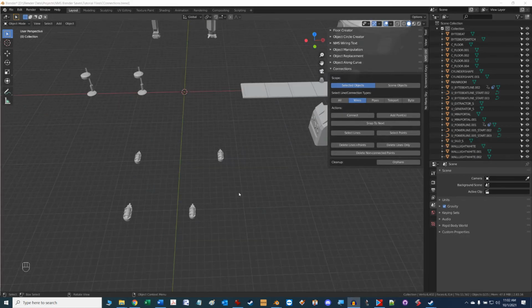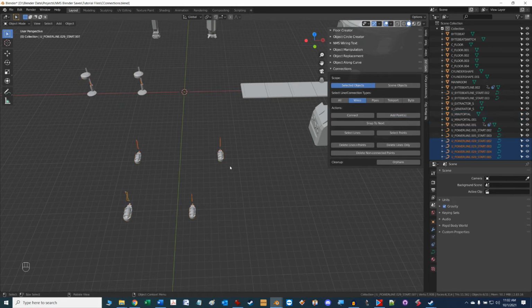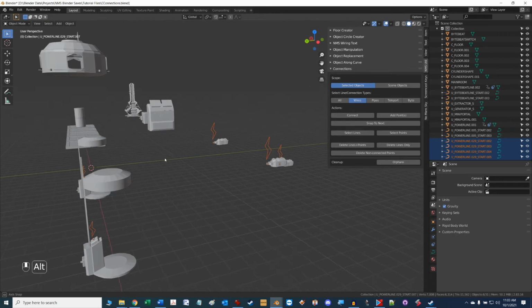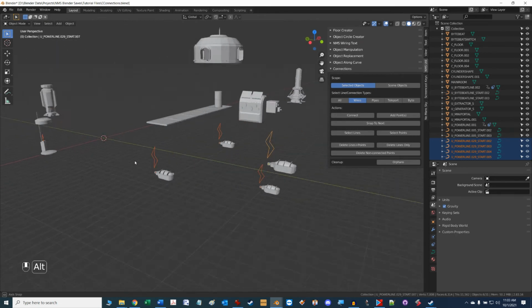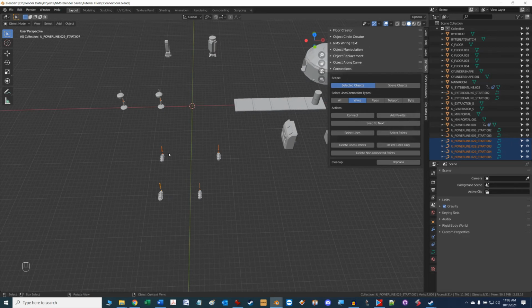We can also highlight one or more objects and add connector points only using the Add Points button. Make sure you have selected the right kind of connector for the object in question before adding the points, as this will influence the wire type when you connect them later. Notice the lightning bolt connector now shows up at the connection points of the objects. You can individually select each connector point and connect them all with the Connect button,